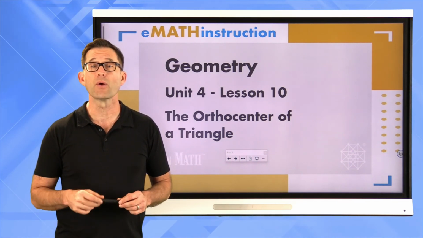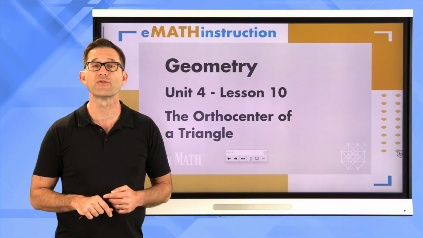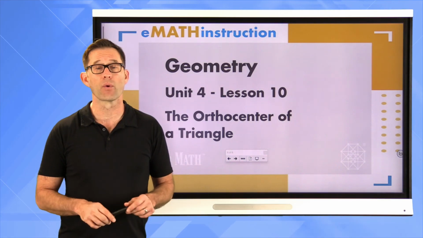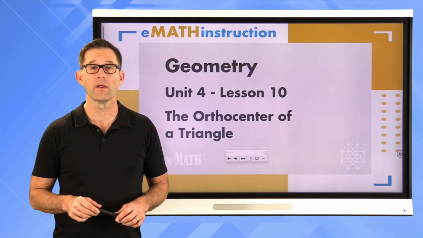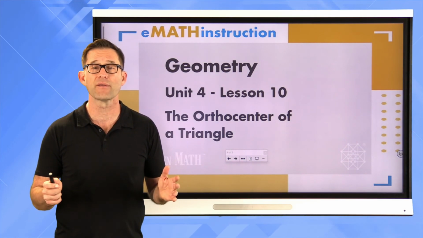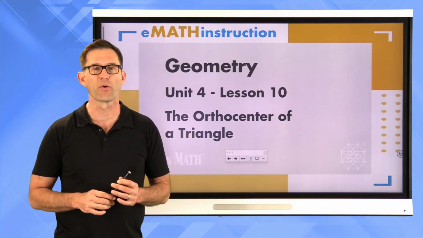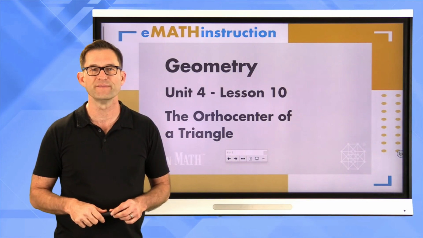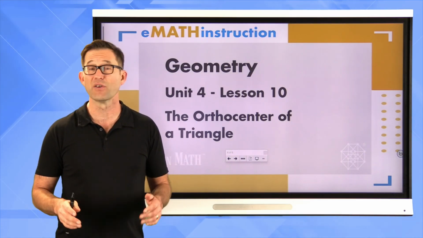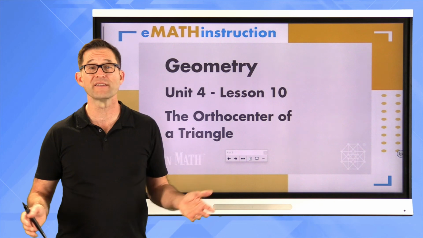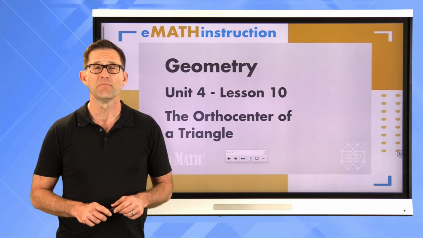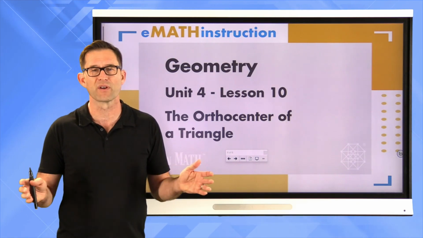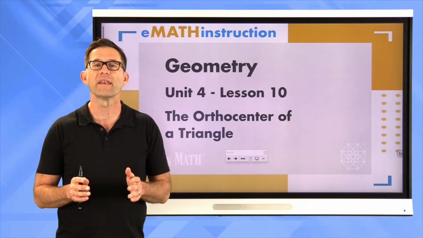The orthocenter being where the 3 altitudes of a triangle intersect. Again, if it's an acute triangle, the orthocenter is located inside of the triangle. An obtuse triangle, it's located outside of the triangle. And in a right triangle, the orthocenter is located right there at the right angle itself. All right? Now, I wish I could say that you're going to see the orthocenter quite a bit in future lessons like I normally do at this point, but you likely won't. All right. It is important to know the 3 points of concurrency that we've learned so far and distinguish between